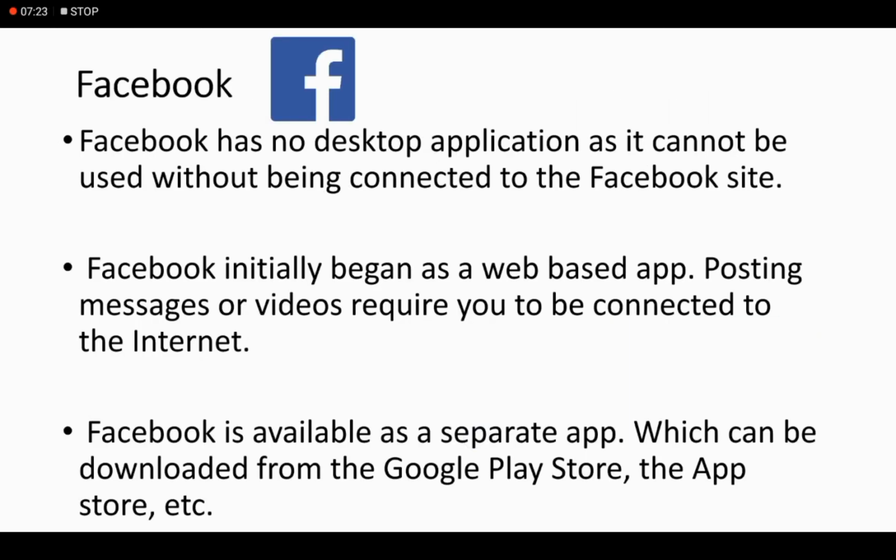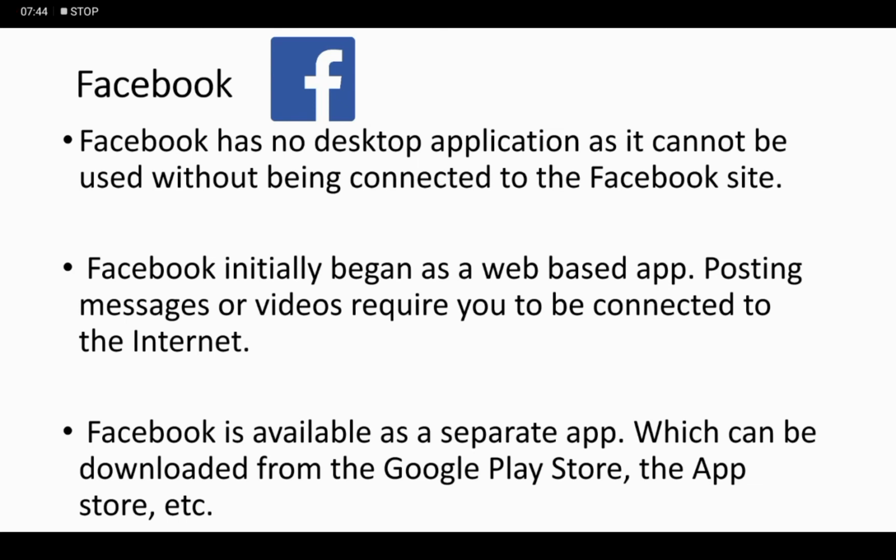First one is Facebook. Facebook has no desktop application as it cannot be used without being connected to the Facebook site. So if you use Facebook on your desktop, there is no application for a desktop.